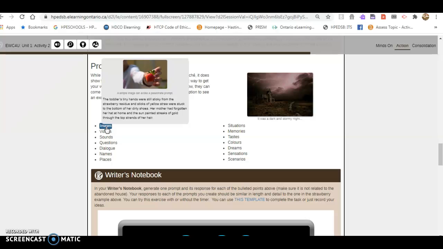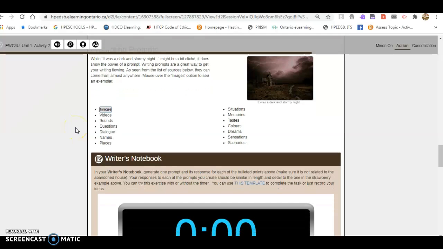So here's the key idea, is that what we're doing is creating a prompt. A prompt is designed to get the ideas started, right? Many of your teachers may use this when they have something that they want you to respond to. It's called a prompt. Prompt for ideas, a prompt for understanding, or a prompt for writing. So what I've done here is that when we go down below,